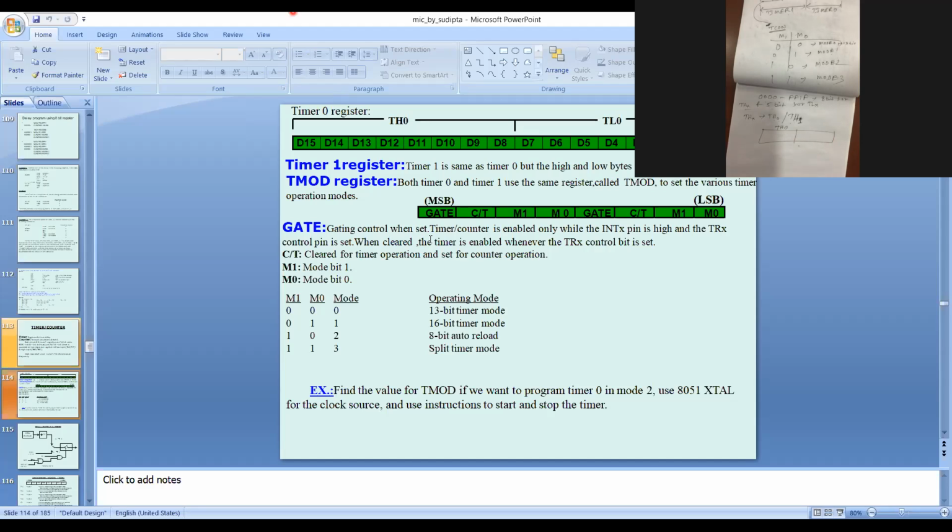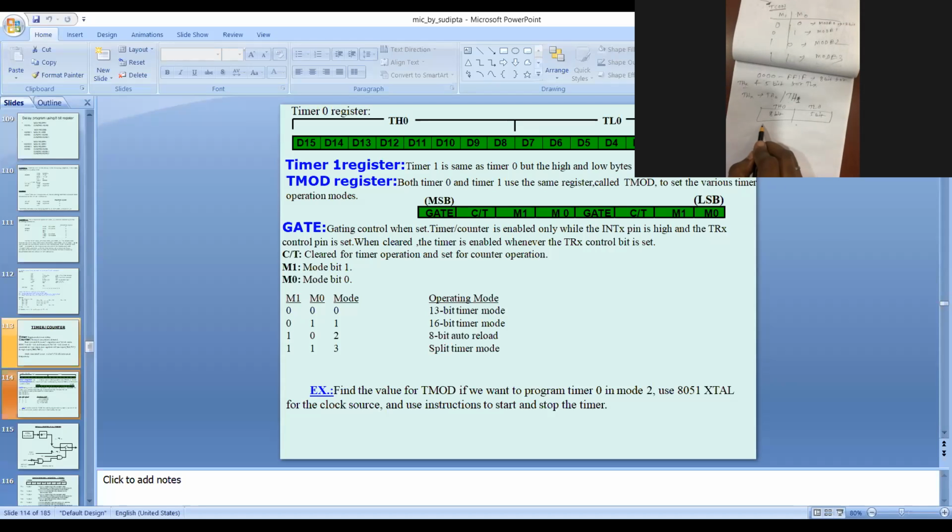So TH0 is 8-bit and this is TL0, it's a 5-bit, right? So 8-bit means